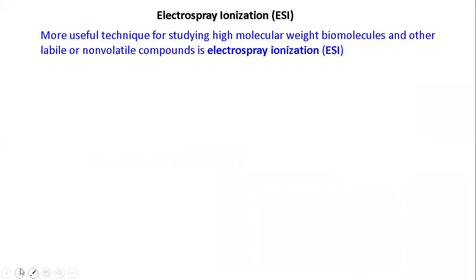Now you have another technique which we know as the ESI-MS, electrospray ionization technique. In this situation, this is the more useful technique, I mean the most utilized technique nowadays. It can be utilized for all types of molecules. Huge mass can be utilized, volatile, non-volatile, everything can be utilized here, no issue.